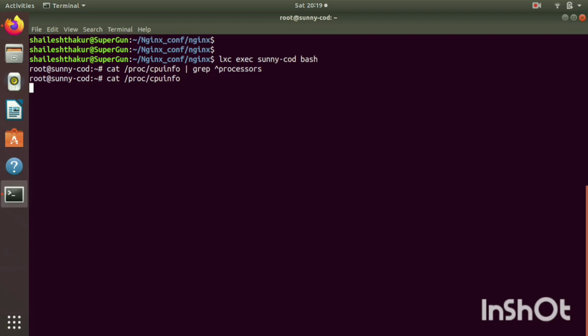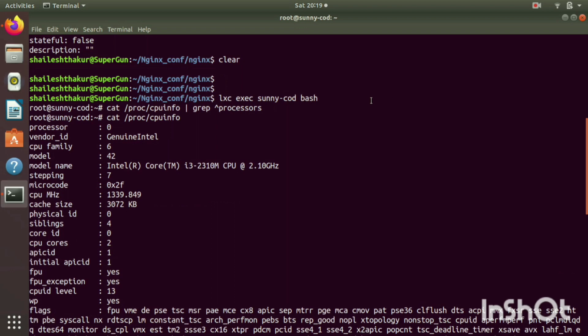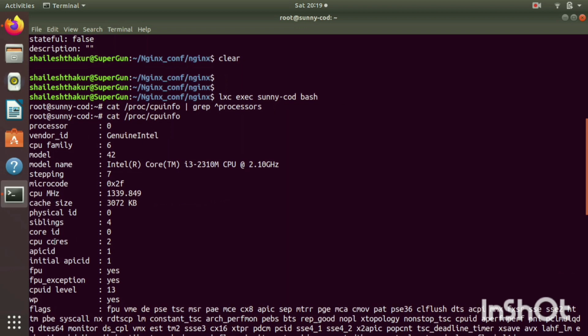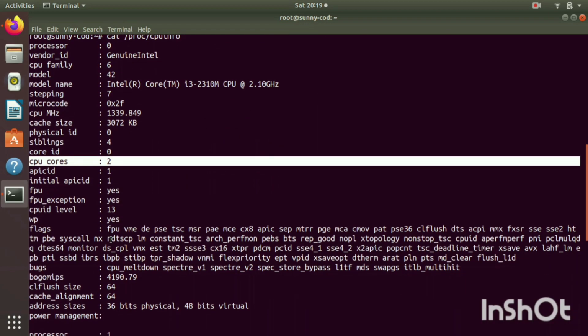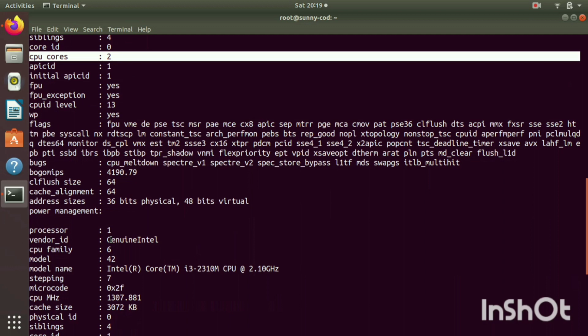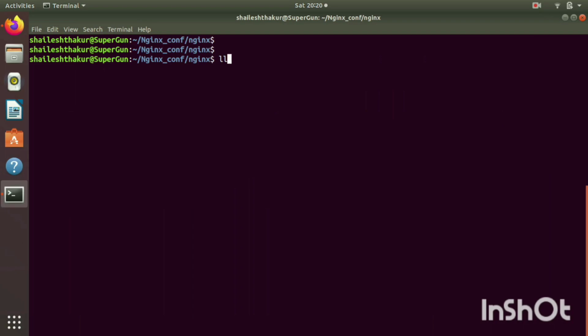When you cat the CPU info, as you can see, we have 0 and 1. So we have two CPU cores allocated to this container, as we set 1 to 2. You can directly update it to 1 or 2, or maybe put it on a percentage basis.